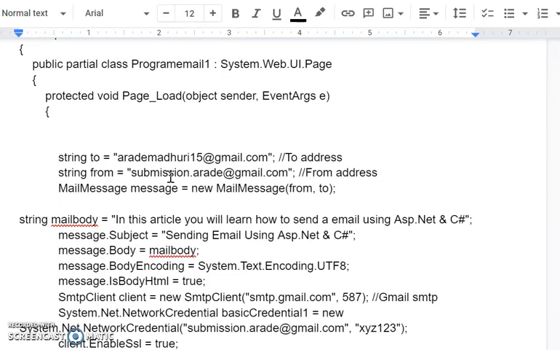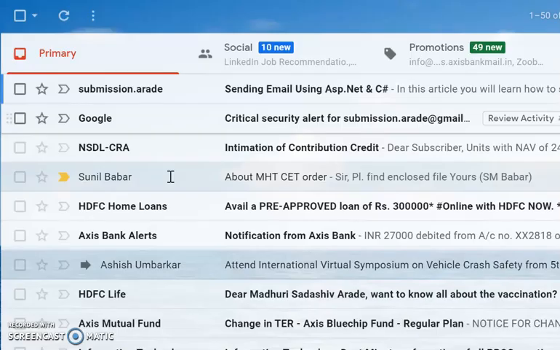Now after writing this program, once you try to execute it, it will give an error such as client authentication is not provided, or some SSL security error. For that you can find a solution: go to Gmail, and in Gmail set the less secure app setting, so it should be on. By default, for security purposes, Gmail sets it as off, so you have more security. We have to set it as less secure. You will find it as the less secure app setting.